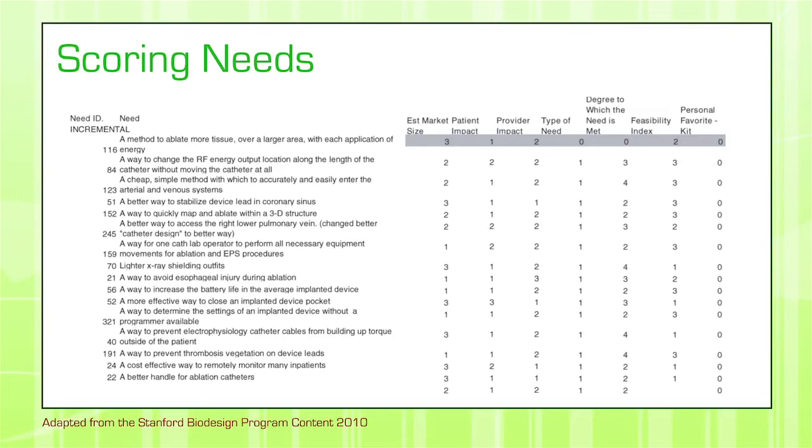In this case, you can divide your spreadsheet on scoring the market size of each and every need, the patient's impact, so how many patients or how well for patients it could be a new solution, the impact for providers, so how much you can increase the number of patients that go with one provider, or how much money you can save from that provider,